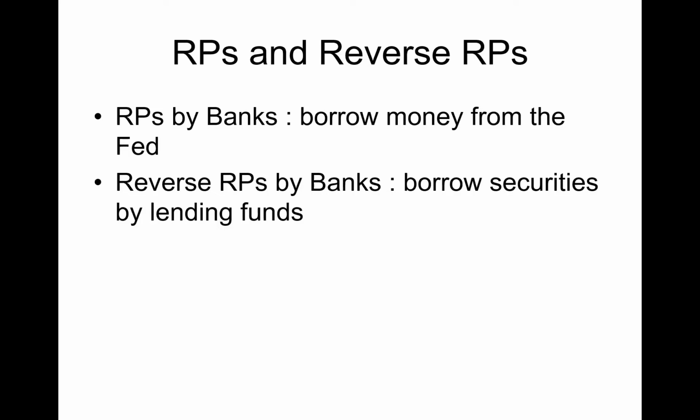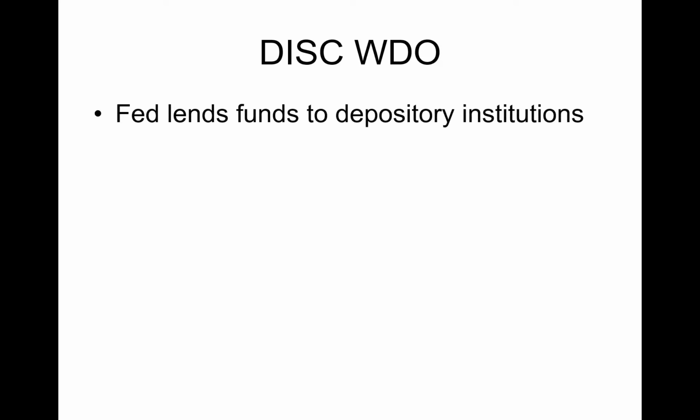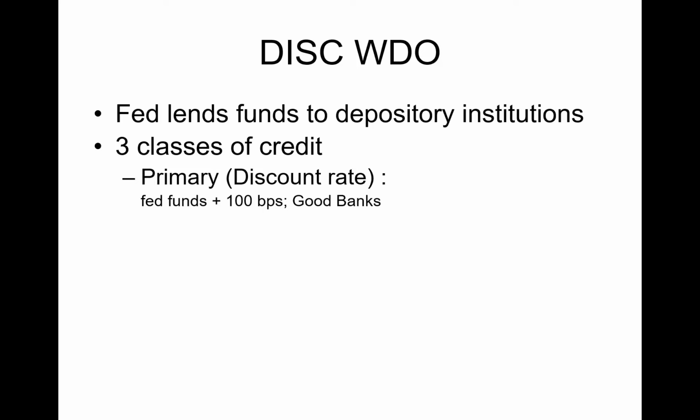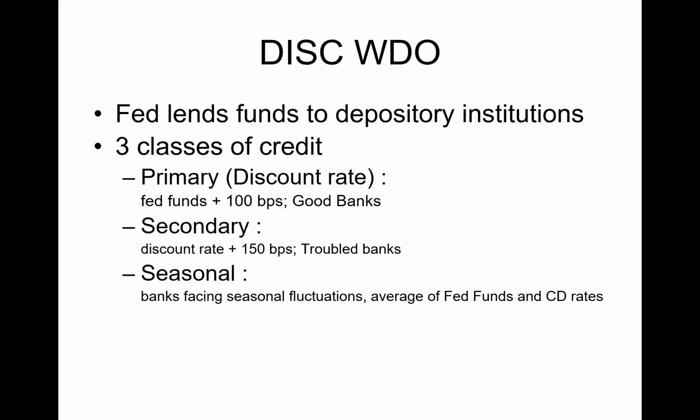The next tool of monetary policy is a discount window. In a discount window, the Fed directly lends money to a depository institution at a given rate. And so it's a very direct method. There are three classes of credit in terms of who is borrowing from the Fed. The first is the primary or discount rate. It is the Fed funds rate plus 100 basis points. And this is a rate that is reserved for good banks that are creditworthy and maintain a very good balance sheet. The secondary rate is a little bit higher, and this is a rate given to troubled banks. And the last one is seasonal banks,